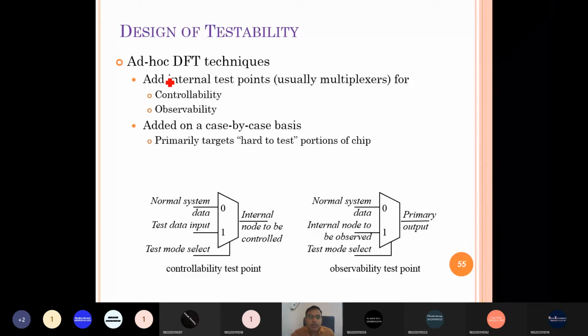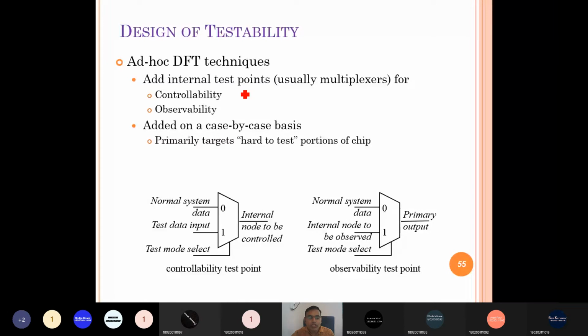In ad hoc DFT techniques, we add internal test points, using muxes inside the design. With a 2x1 mux, one line carries the normal system data and the other carries test data.